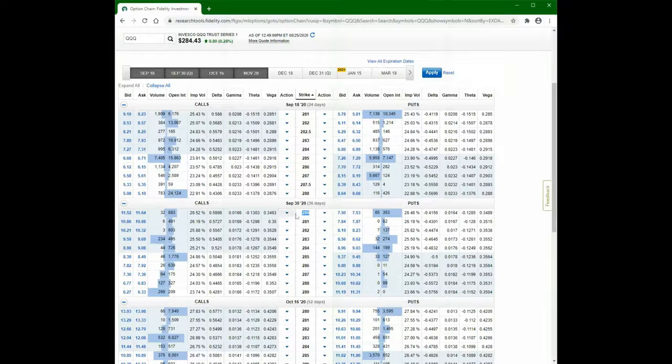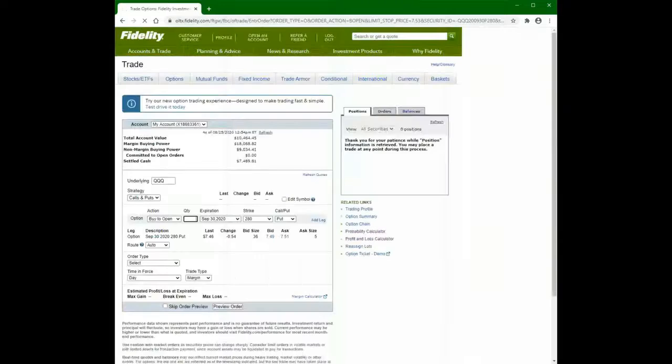Alternatively, if that's difficult to keep straight, and sometimes it can be, you'll notice to the left and right of the strike price, we have a little triangle. If we click on that triangle, it brings us to a menu. The bottom four selections in that menu are where we can go in and maybe do some additional research or analysis around the underlying or our potential trade. But our top four selections here are going to be our trade actions. So let's say we want to buy to open this option contract. If we click buy to open, it'll bring us to the trade ticket and allow Maya to take us through